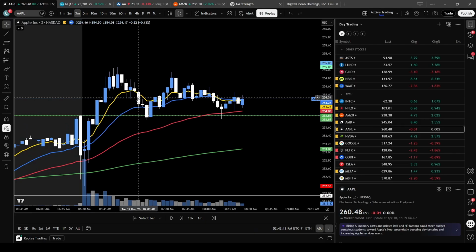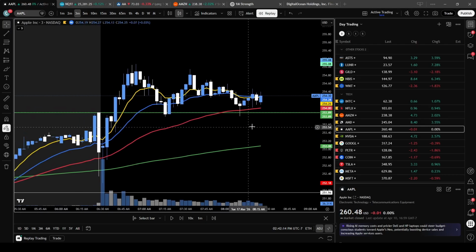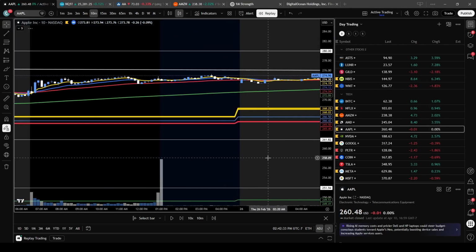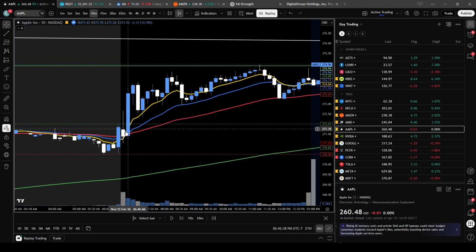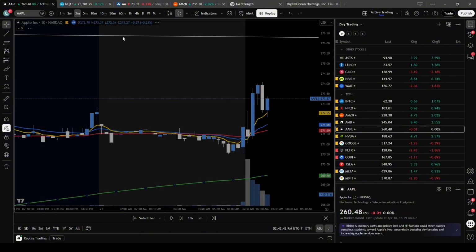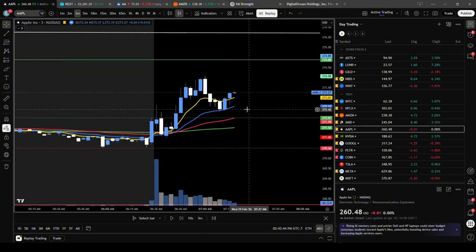It just really depends on where the high of the previous candle is. All right, and now Apple on February 25th. And this is a good 10-minute flag. So you get that nice push up, comes down, holds the 20 EMA,